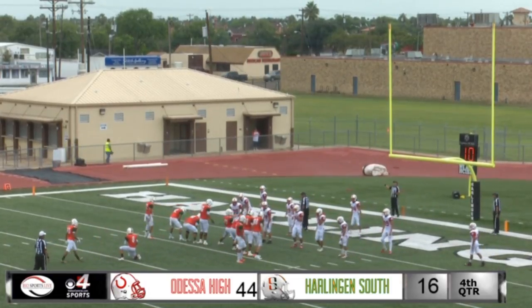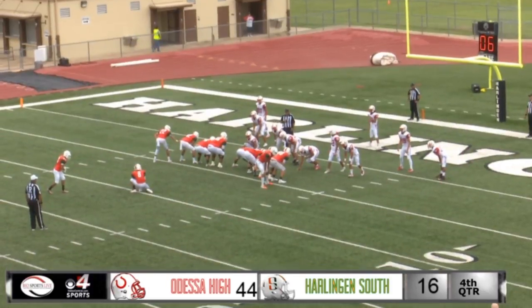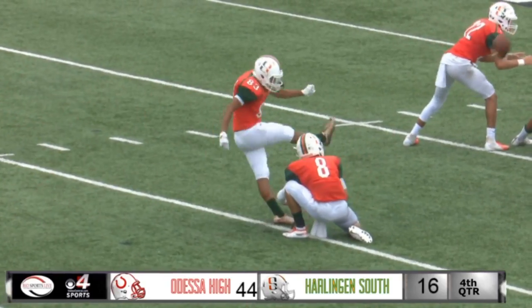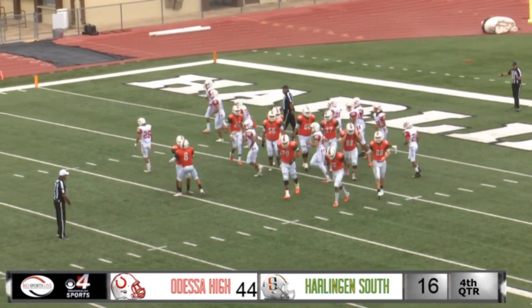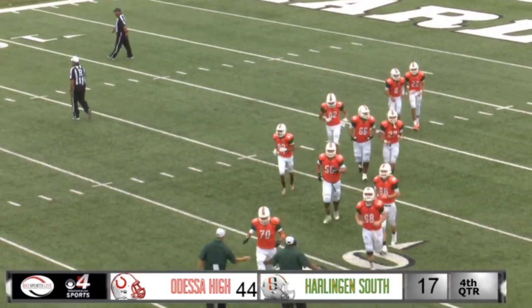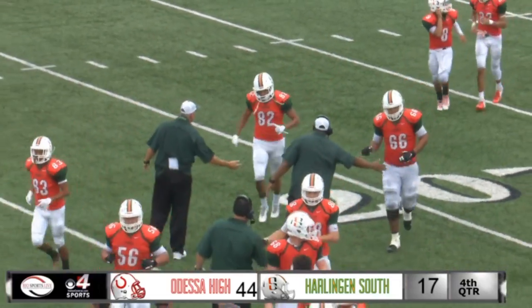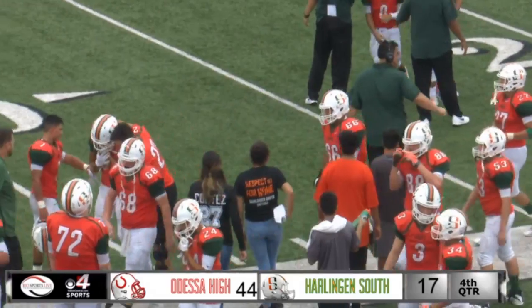Yeah, and we'll wait for this extra point. I was about to say that, here in Harlingen we have the Bird Bowl. The Bird Bowl is Harlingen High versus Harlingen South, and that's the big in-town rivalry. And so Odessa also has their version of that, obviously, between Permian and Odessa High at Ratliff Stadium. So they'll kick off their district play that way. We will finish district play here in Harlingen as Harlingen South takes on Harlingen High, I believe the first Friday in November. So